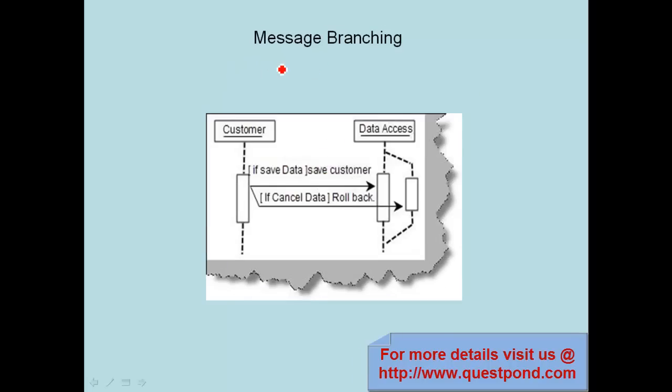Message branching. Sometimes you want to represent that depending on certain conditions, certain things should happen, and depending on some other conditions, some other things should happen. Meaning you want to show message branching. At that time you need to again use the same rectangular brackets, but you need to show bifurcation of message branching by using